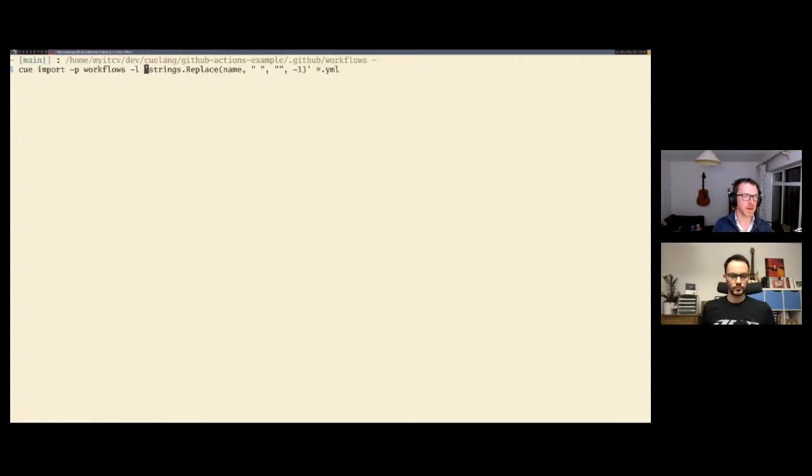And so I'm telling it to place it, using the L flag, at a place that is identified by the name field, and that's the name field that you saw within the workflow specification. But of course, it's easier for me to refer to it if that doesn't have spaces in. So I've told it to replace spaces with effectively the empty string throughout that name value, which is why when